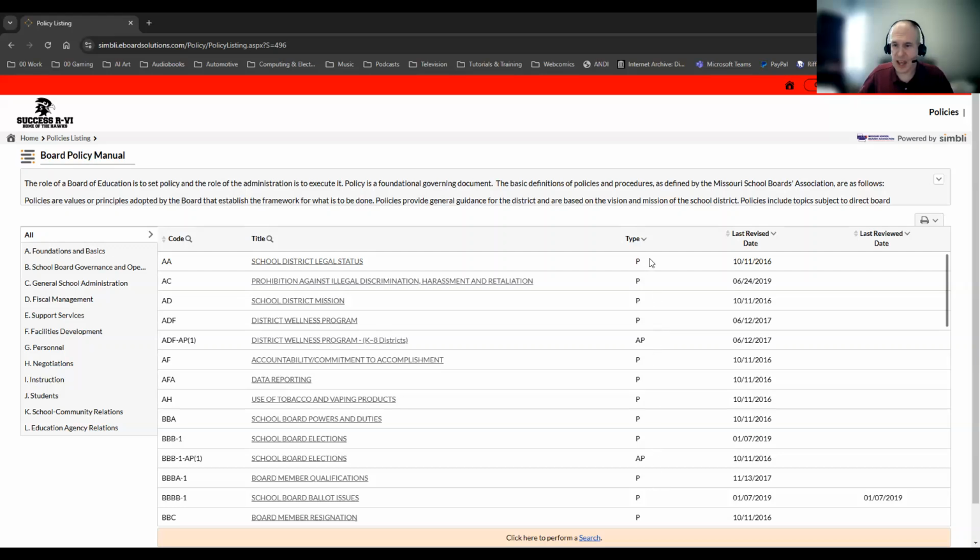And the difference between policies, administrative procedures, and regulations is that policies require a board vote to change, and so do regulations. And APs do not. APs can be revised, adopted, or rescinded at the discretion of the superintendent, so long as they don't contradict policy. So if I wanted to only see my procedures, I can click here on this little arrow,